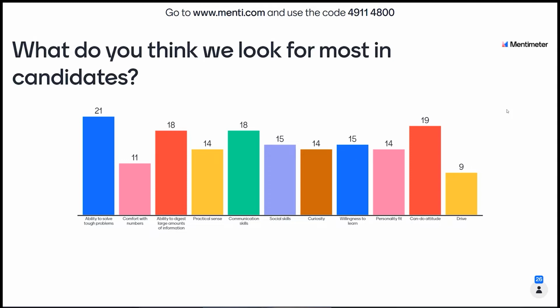Maybe the second lowest, comfort with numbers. That's also a very key component of what we do. So when we're working with clients, they know their business very well, and we need to get a very quick grasp of their business. So you need to comprehend the scales of the business that we're talking about. So whether revenues are in millions or in thousands or in billions, you need to have comfort with numbers and be able to get at the kind of proportions that we're talking about. So that's definitely also a very key quality that we look for.